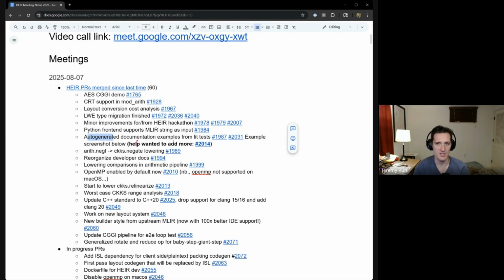So if you want some easy contribution, then you can go extract some of the examples from the documentation into proper tests and then replace it with the little help string. I also thought this might be a stretch problem for a large language model to figure out, but we'll see. There's now a lowering from arith negation to CKKS negate, and